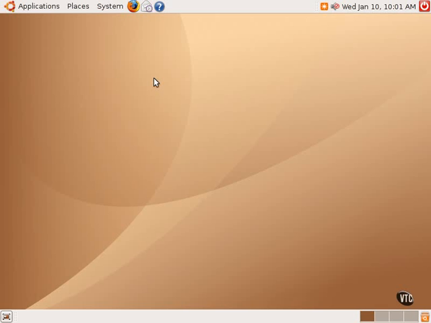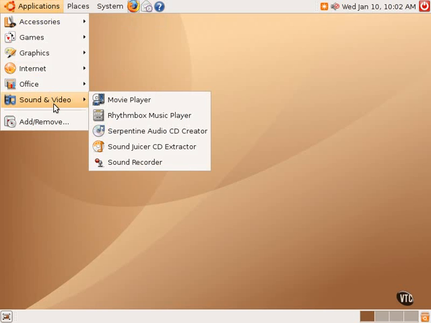tools. All of those downloads using those tools are free, and so I encourage folks to explore additional options if the default applications are not sufficient. But the default applications are excellent. The first one is a movie player, and it's called Totem, and it's found under Sound and Video, and it's